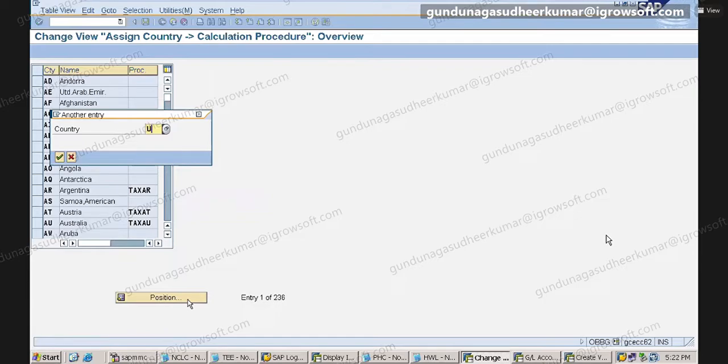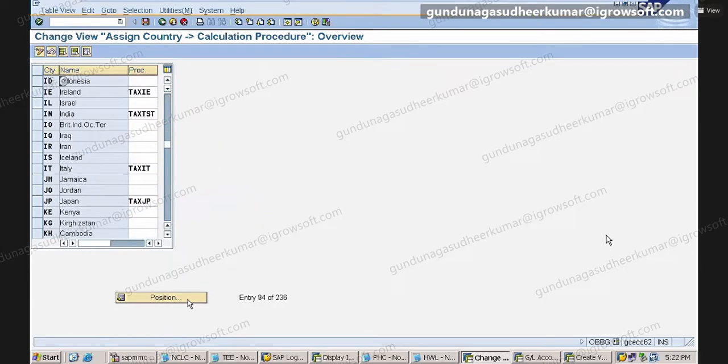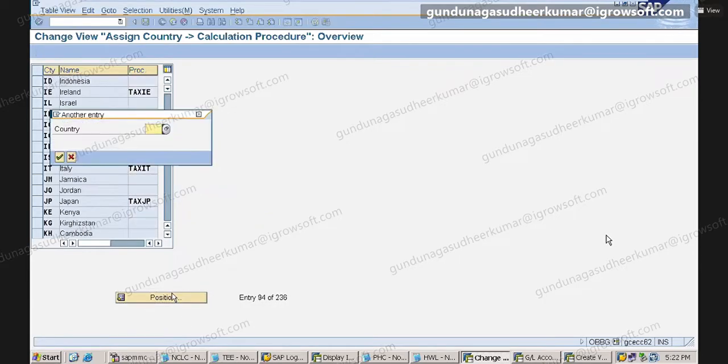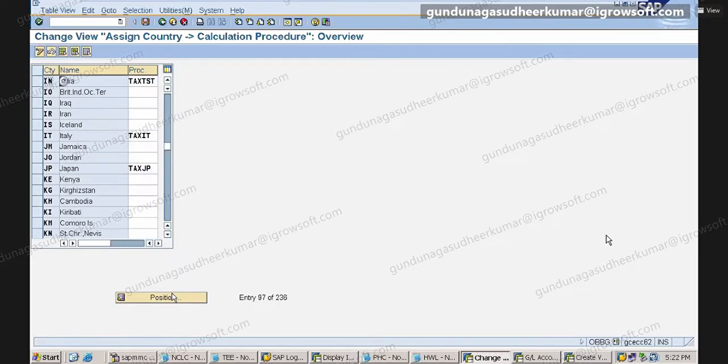IN. There is a tax procedure TAXINN, right? This is not our procedure, right? Yes, sir. So what is our tax procedure? 500. That's why it was not picking up, because there is no tax code in that particular tax procedure.